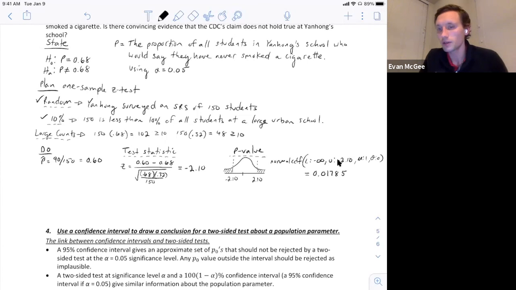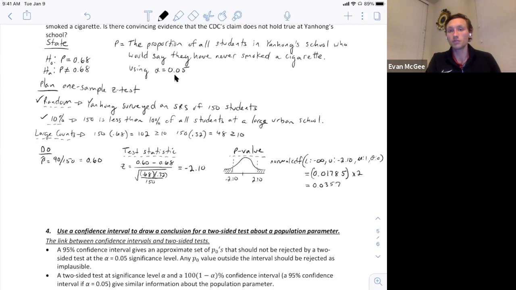So the area here from negative infinity to negative 2.1 would be this side of the tail to get 0.01785. Now we need to multiply by 2 to get this value and include both tails for the two-sided test. And now we have our p-value of 0.0357, and we'll use this to make our conclusion and compare it to